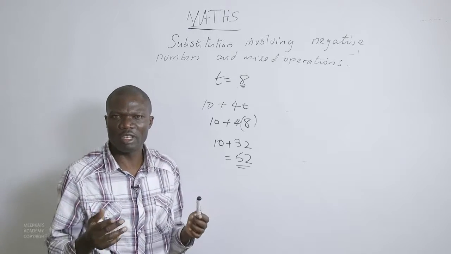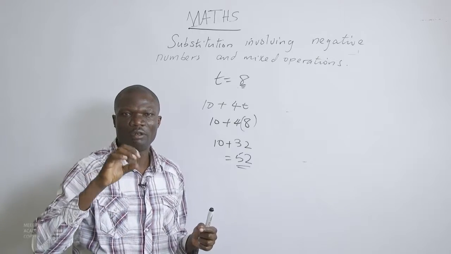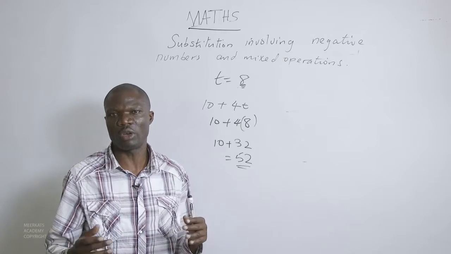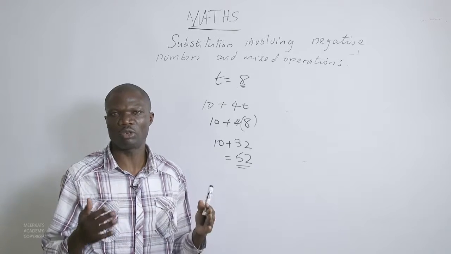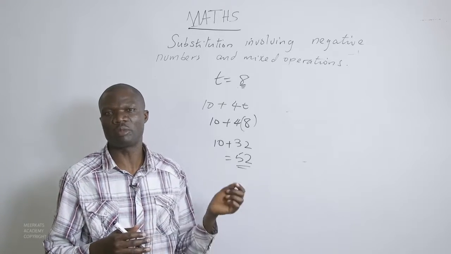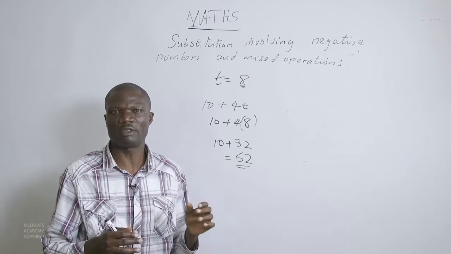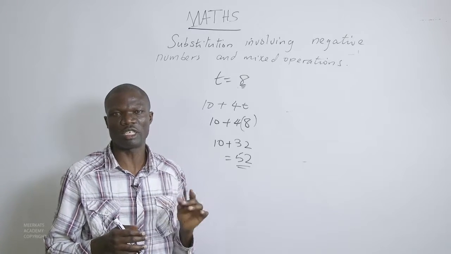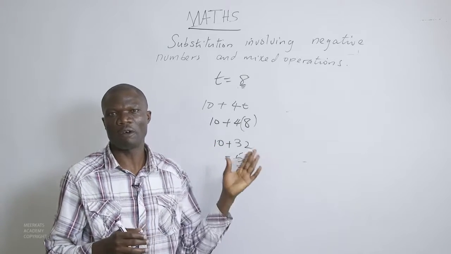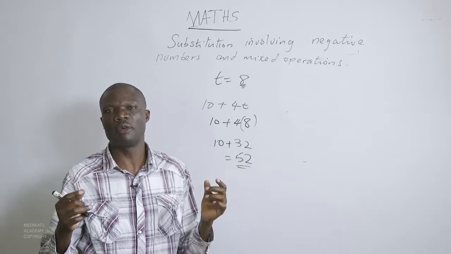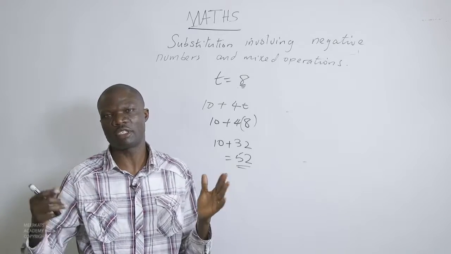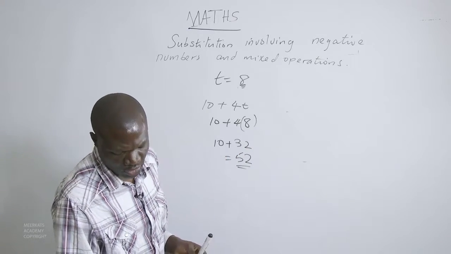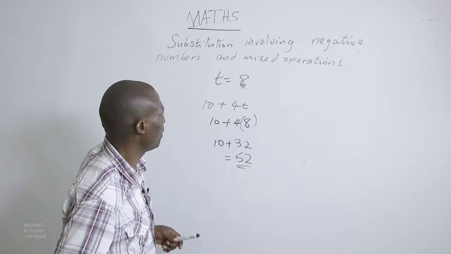But how do we handle a situation when the value of a pronumeral is given as a negative? We saw in integers, while adding and subtracting, that we were able to multiply or divide integers with negative values. And it is always easier to know the rule of multiplication of integers with the same signs: if both are negative, a positive will always apply. So as we carry out the substitution, we should remember that